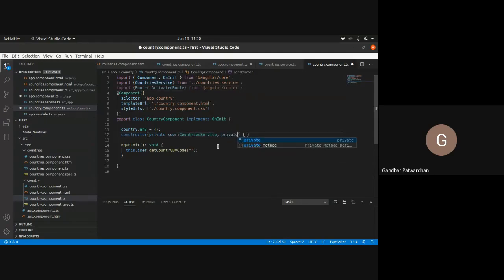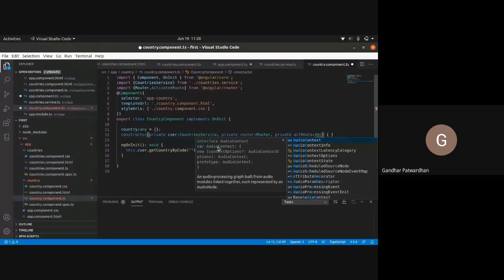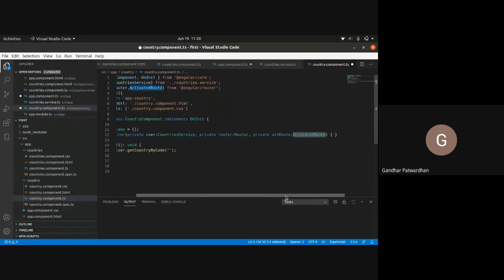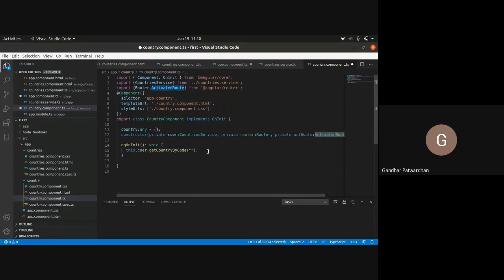Then I will inject them here. So I will say private router colon Router and private actRoute colon ActivatedRoute. So what I have done is I have taken Router and ActivatedRoute from Angular router, and I injected them in our constructor. The next thing I'll do is in my ngOnInit, I'll use this object of the ActivatedRoute class.